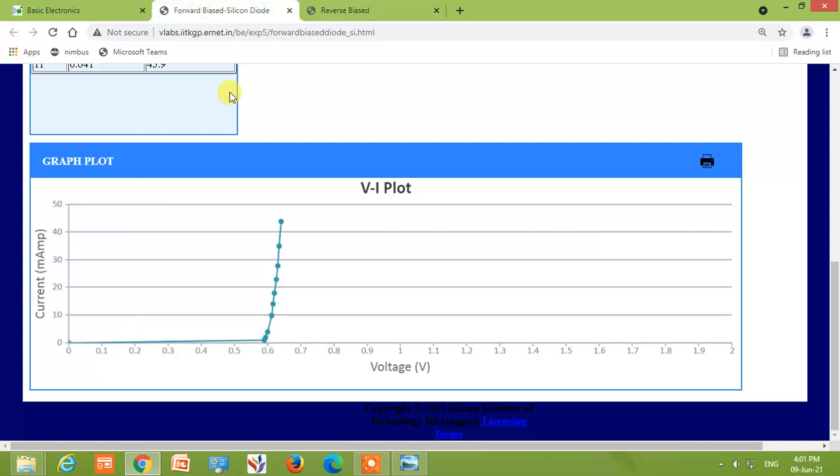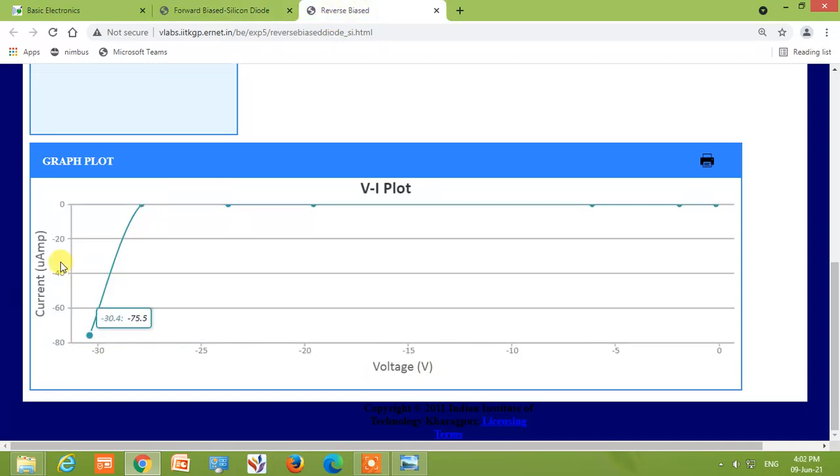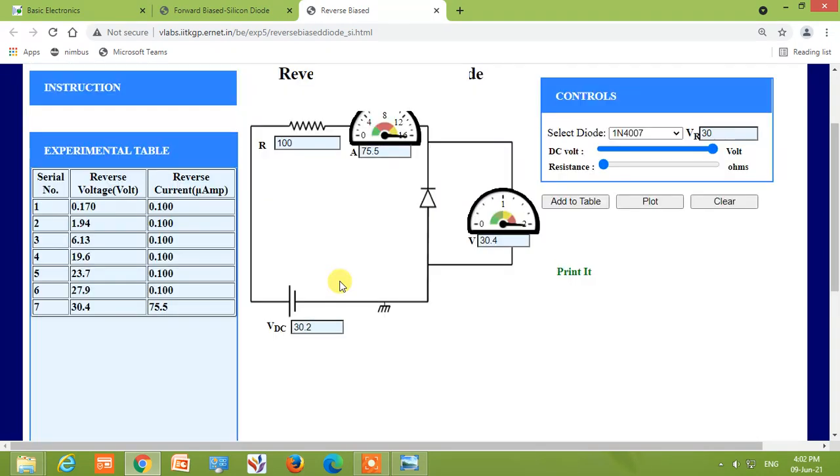In the forward bias characteristics, this is current in milliamperes, voltage in 0.1 volt steps. But in the reverse bias, the current is in microamperes and the voltage is in steps of 5 volts. So this is about the observation table. You can take a screenshot, record the table for this reverse bias and plot the graph.